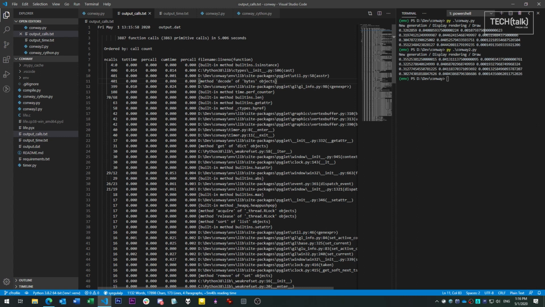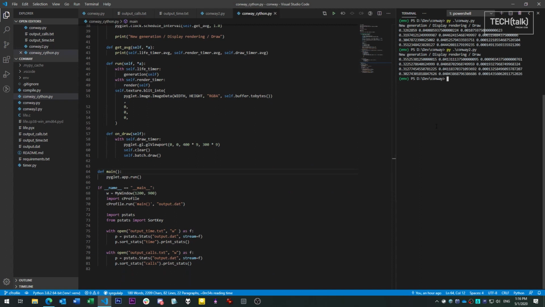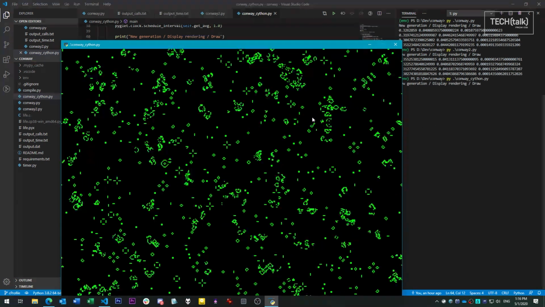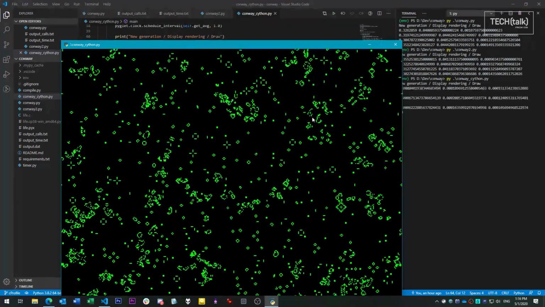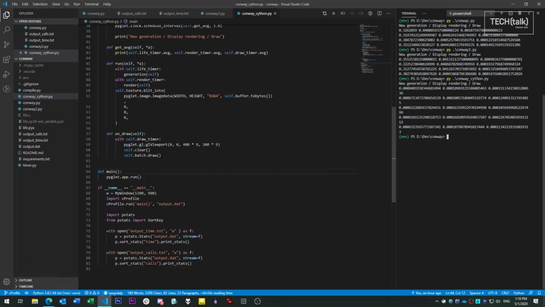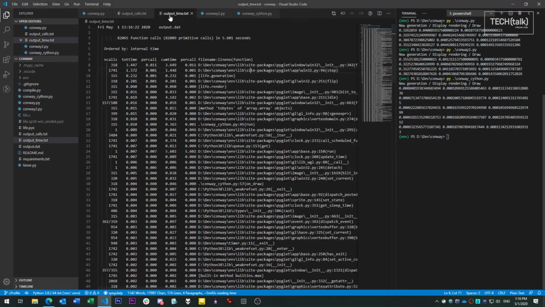Now let's have a look at the statistics generated by the fast version of the same program. The slow calls have been replaced with rewritten equivalents in Cython, which turns Python into C for accelerated performance. I did another video about this earlier, and I've linked that below. As you can see in the report, the generation and render functions are still there, but they have braces that indicate they're external calls rather than Python native. And the total time per call is now so low, it barely even registers in the per call column. All of the other functions above it also have very small per call time, so it's safe to assume this program is as optimized as it gets for now.